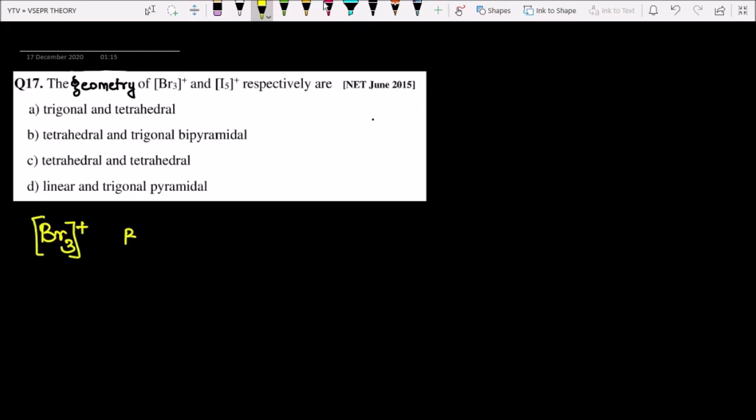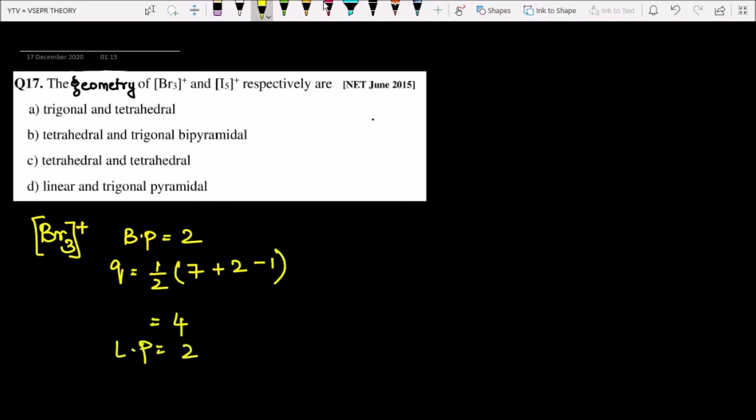So what is the bond pair? One bromine is going to be the central atom, so it's going to be bonded to 2 other bromine atoms. So the bond pair will be 2. Now you find the quotient. It is nothing but half into the number of valence electrons of the central atom, which is 7, and there are 2 more bromine atoms attached, so the number of monovalent atoms is 2. There is a plus 1 charge, so you put minus 1. So it's going to be 4. So the lone pair will be equal to 2.